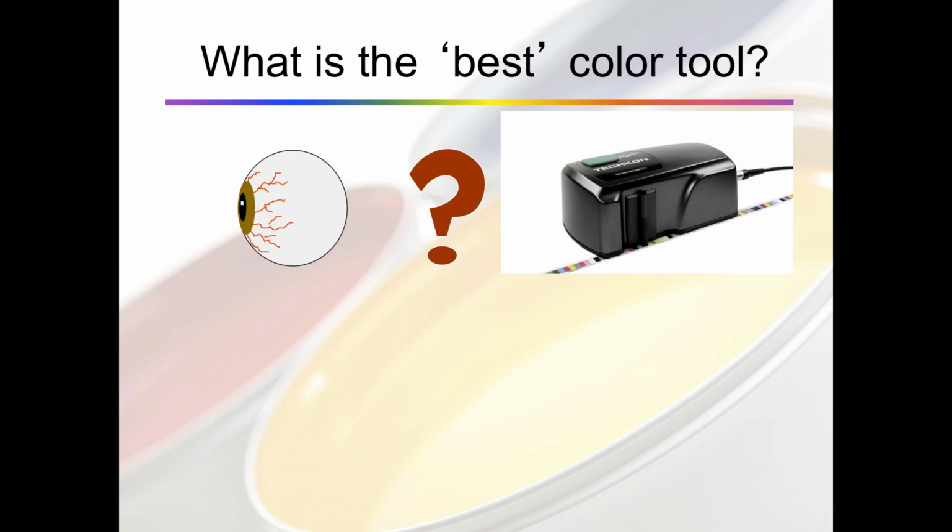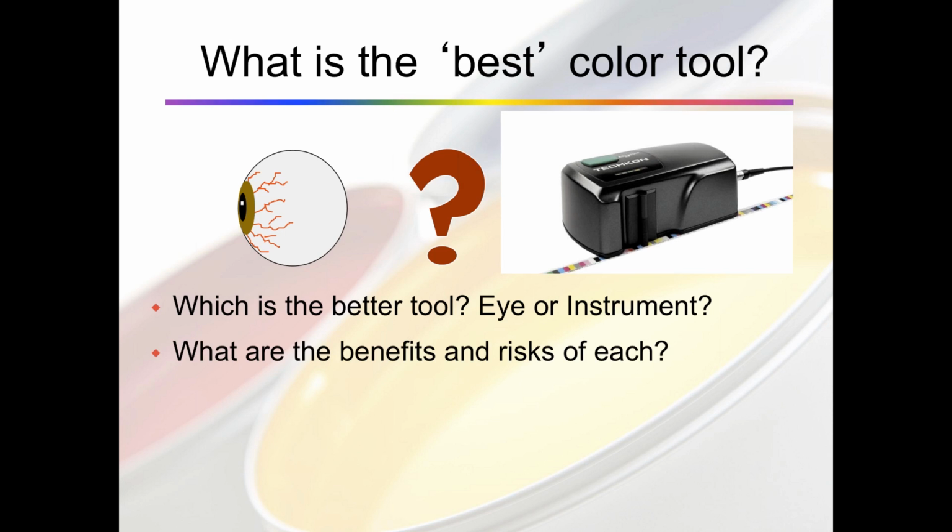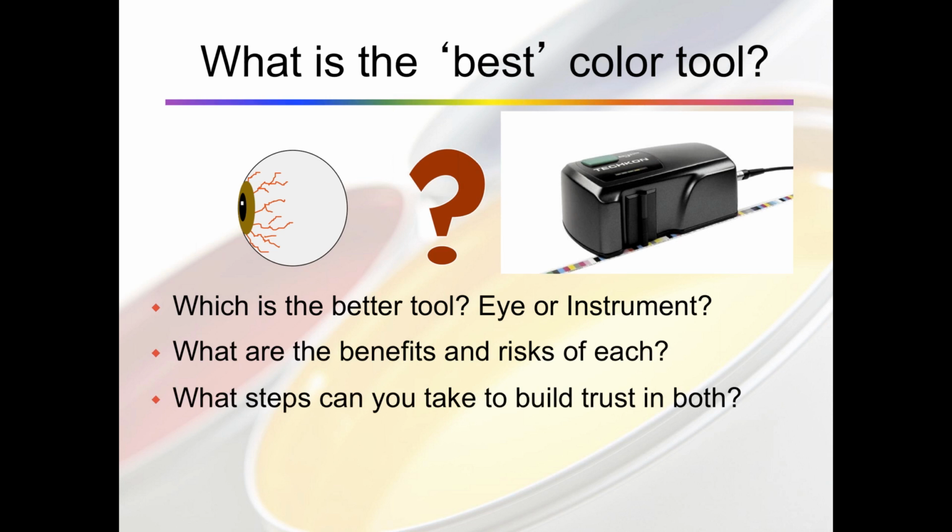We'll begin the presentation by talking about what is the best tool. This is always a question I ask when I begin my color theory presentations, and there's no right or wrong answer, but let me put it to you, and although you're in mute mode right now, please consider to yourself which you believe to be the better tool. Is it your human eye, or is it the instrument that you've elected to use? Certainly, both of these things are tools. Each of them has benefits and risks. A little bit later in the presentation we're going to talk about what these are and how we can overcome these risks to achieve the benefits capable of each.